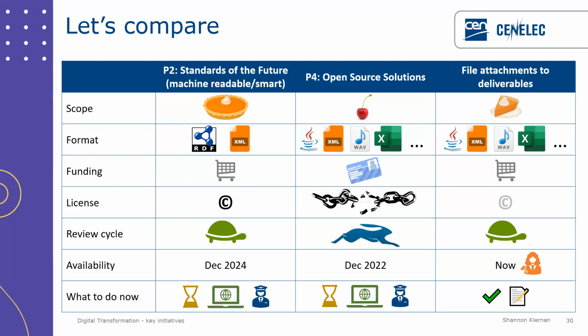The only thing you can do with it is use it to create products that conform with the standard, etc. File attachments to deliverables, I've got a copyright in grey there because at least at this first stage, while we're still thinking about it because it's a quick solution, it would be issued under the same copyright rules, but it's a bit of a grey zone because some of these file formats are desired specifically because we want people to be able to modify them.